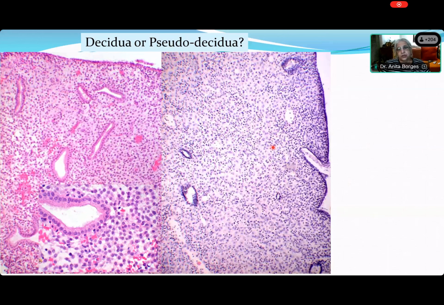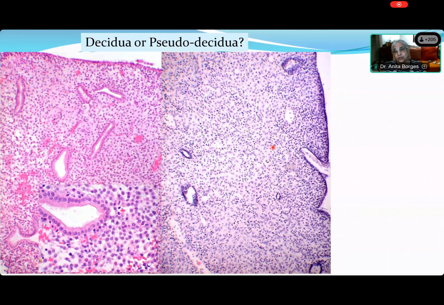Yeah. Actually, there's no such thing as pseudo-decidua. For something to be pseudo-decidua, the endometrium must not have an implantation. It's only then that it becomes true decidua, right? So on the left-hand side, what you have is a very highly progestationalized endometrium, which may be transforming under the effect of beta HCG into a decidua. On the right-hand side, you again have a highly progestationalized endometrium, in which the glands look almost atrophic, but they're not.